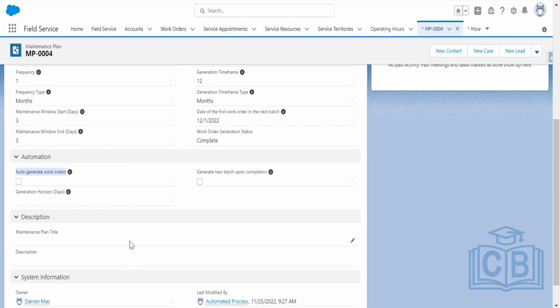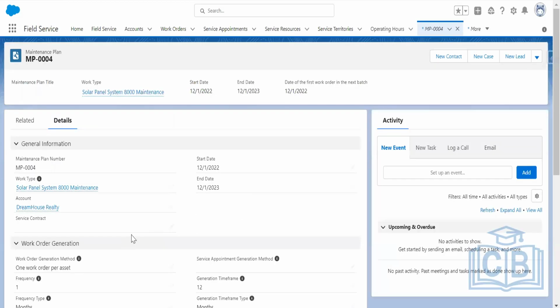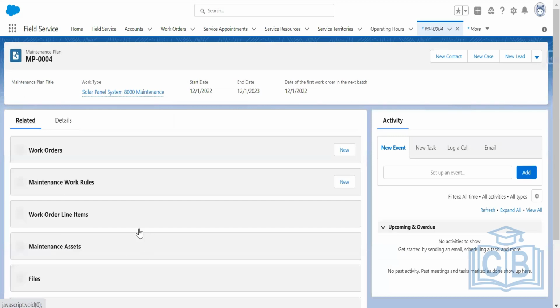So automated work orders generation runs 3 times a day and automatically creates work orders for all relevant maintenance work rules. Now, if you have trouble automatically generating work orders, you can check that. But from where can you check that? You can see the maintenance plan feed. Okay, if you just go to here,